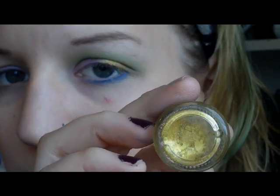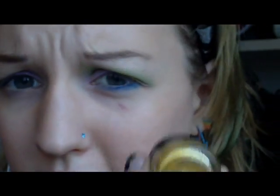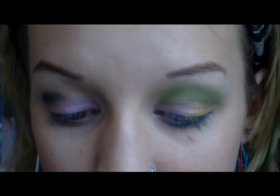Now this one, I'm not too sure of the colour. It says 12 on the bottom, but it's not actually, like you can see a little imprint of 12. I'm not too sure, so I will again find out for you and put an annotation. I'm going to use a brush that I can recommend with this, which is the Eyeshadow C brush from e.l.f. This is Taclon, and it's a really good brush. And again, I'm just tapping it in there,